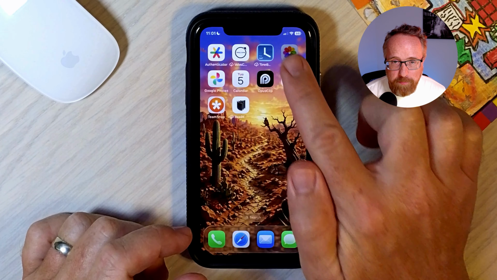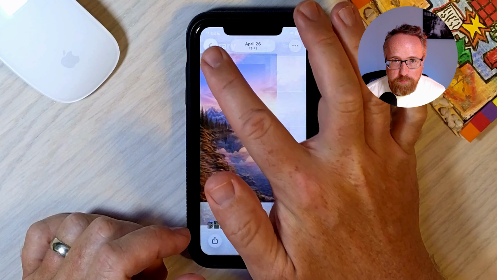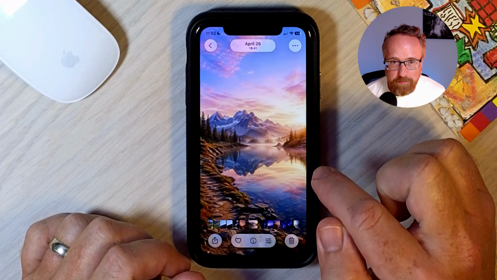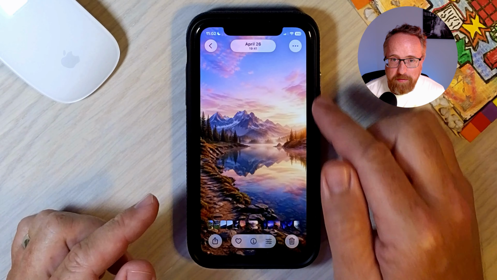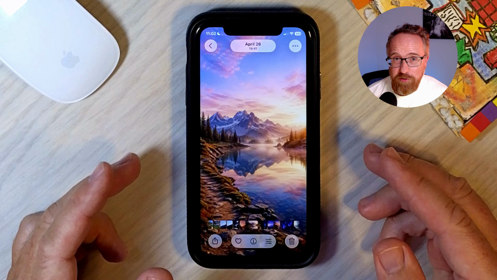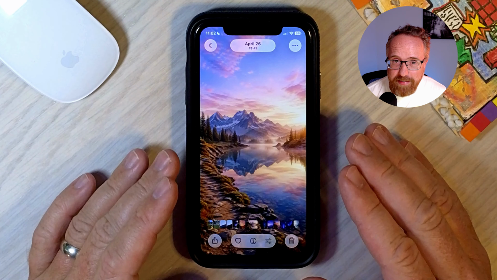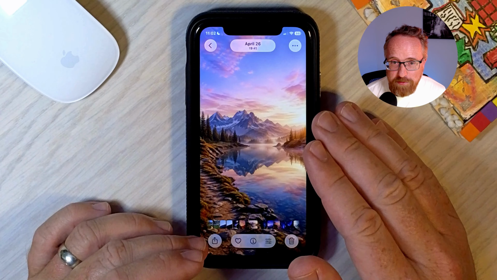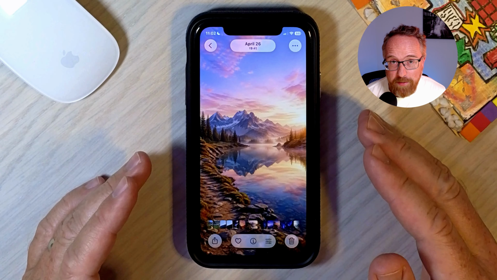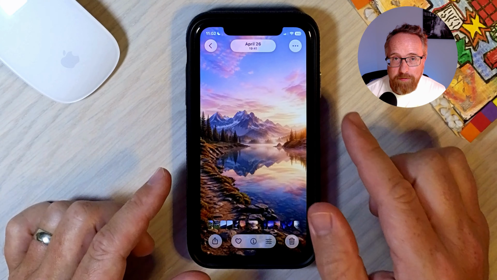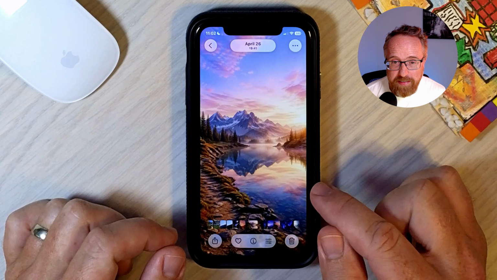Inside of my Photos app, I generated a bunch of photos for backgrounds on my phone. This one is an example of that, but it's portrait. And I think that's a pretty cool photo that I might want to change to landscape. There is a way you can do this that kind of makes sense. If we just rotate this, it's not going to make any sense because then the mountains will be sideways. But you can crop it and make it landscape and perfectly fit landscape mode with a special setting inside of